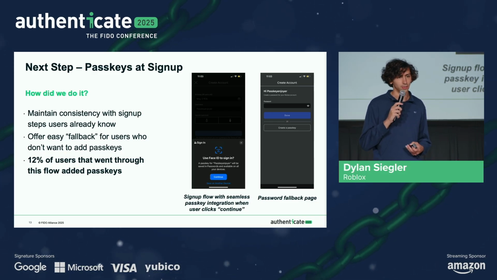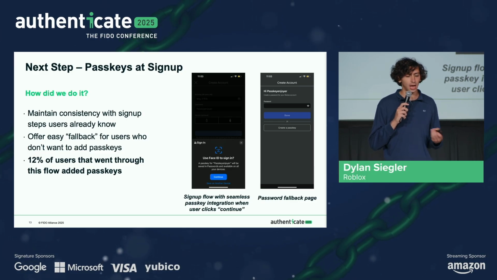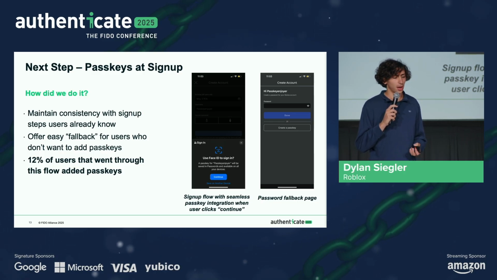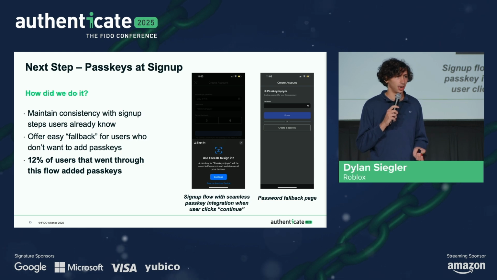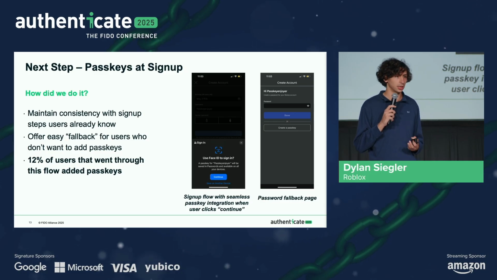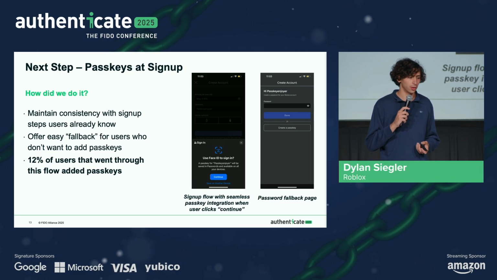Now, we did iterate on this UI a few times, so the previous slide showed a previous iteration in terms of the timing and where exactly we're showing the OS dialog. We wanted to reduce the amount of drop-off here because ultimately users who don't sign up for Roblox, it isn't good for us or the user. And what we found is that changing the sign-up flow relatively little, or maintaining consistency with what we currently had, was really the best approach here.